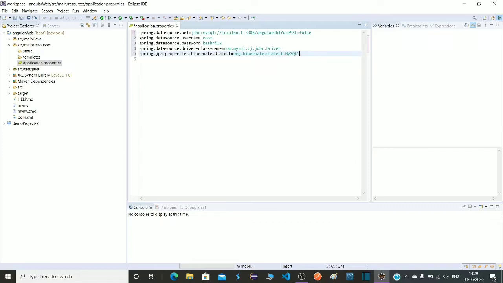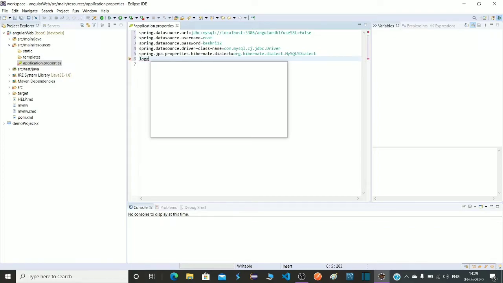I am using version 5, so I am adding here the dialect. Okay, let's add a debug level also.